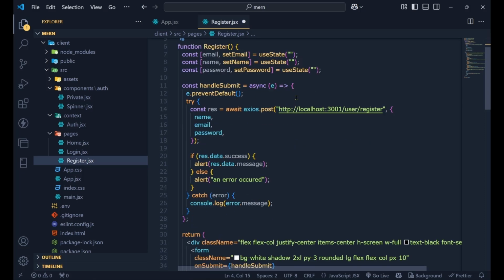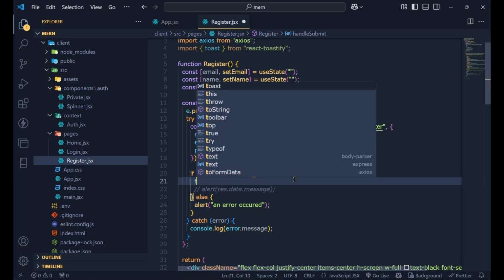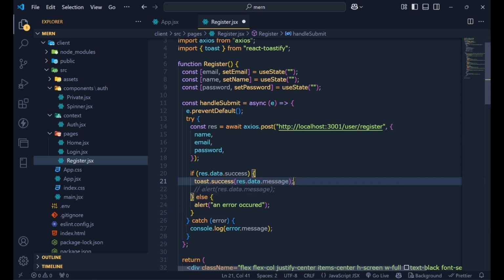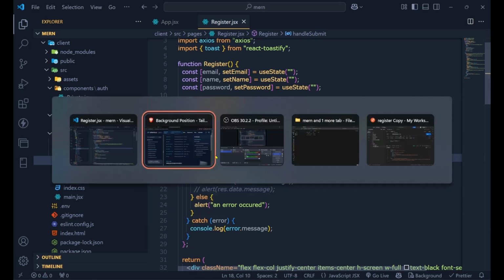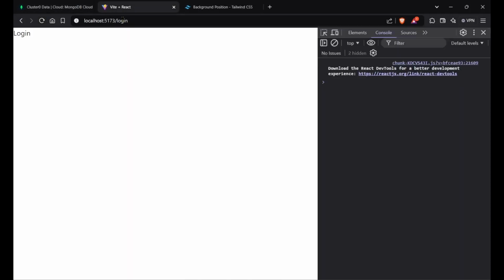And here, response data dot success, right? So once we get data dot success, instead of an alert, we can say toast dot success and then response dot data dot message. If I show you an example of this, we come here, hit refresh, login,